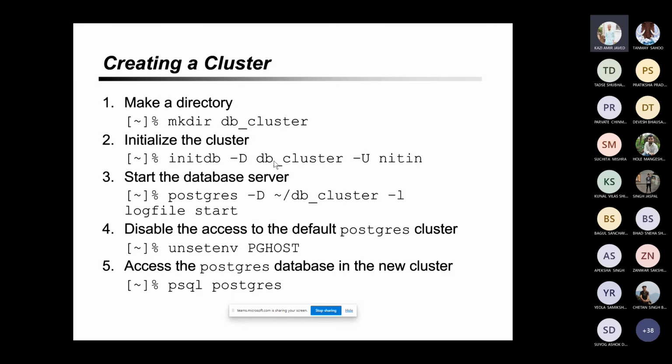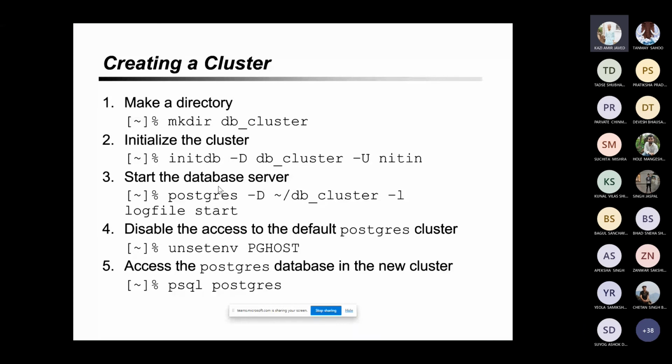and then the user who is going to own that cluster, provided you already added a super user there. Now you are creating another cluster. Start the database server. Version 11 would have different mechanisms to start, but this may be one mechanism; the mechanism of starting the database server may vary from version to version.